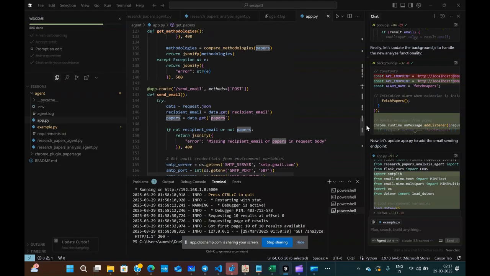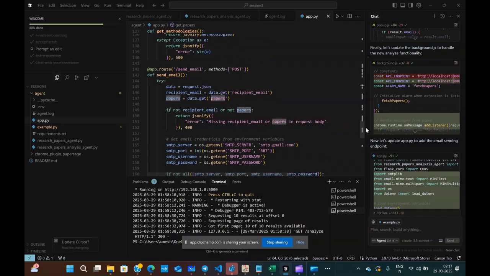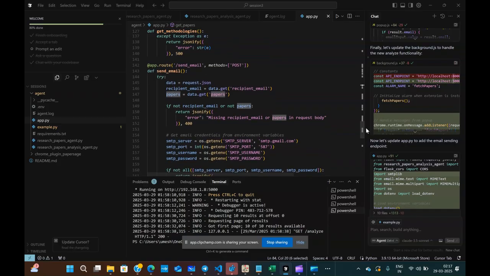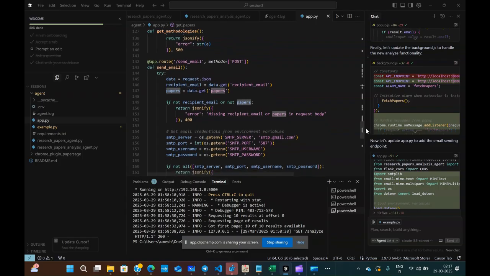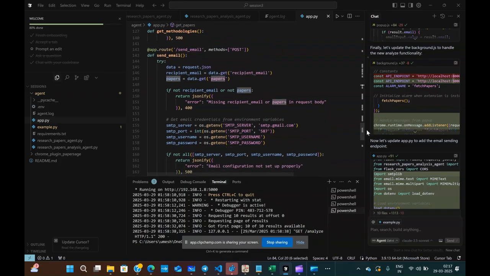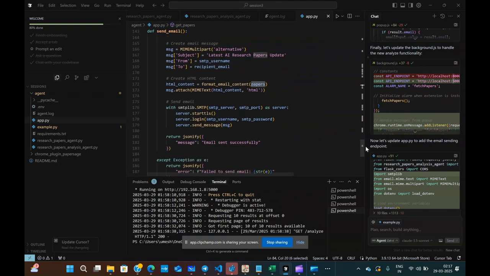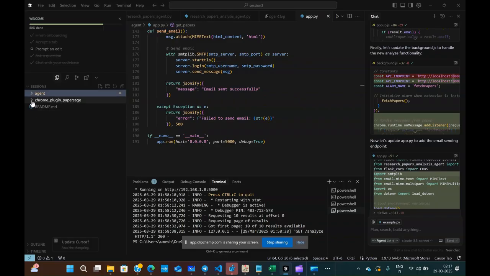And there is another additional capability that we are exposing via send email, where you can get these responses and send them in a beautiful HTML formatted page to the specified email ID. All these we are exposing as endpoints, so that we can consume them in our Chrome plugin. Let's quickly see the Chrome plugin. You can see the Chrome plugin